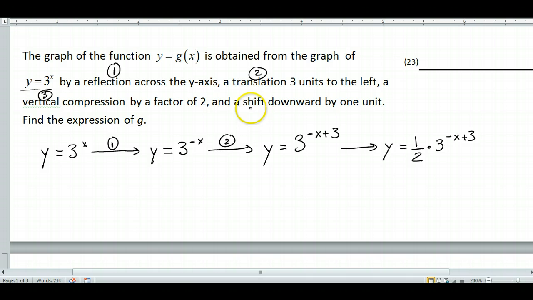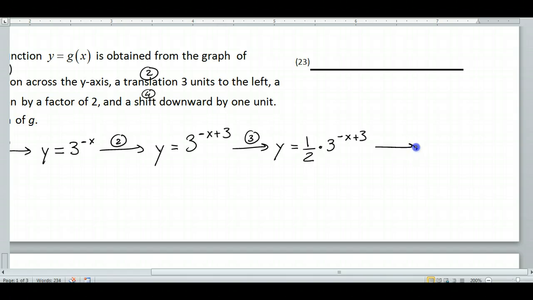And a shift downward, so that's the last one, by 1 unit. Okay, well that's easy, right? So that's 3. A shift downward by 1 unit. You take everything and you subtract 1. One half, 3 to the negative x, I guess I should have written it directly, plus 3, minus 1. So g of x,